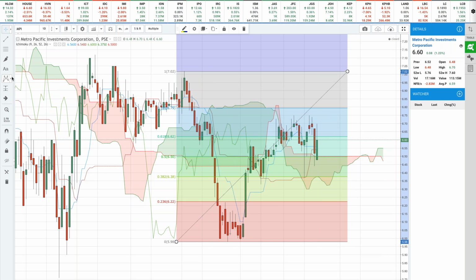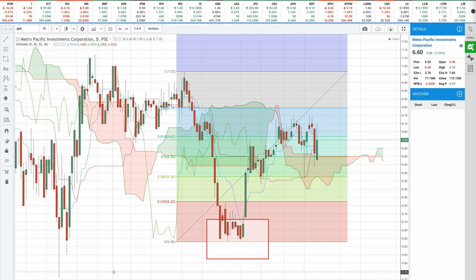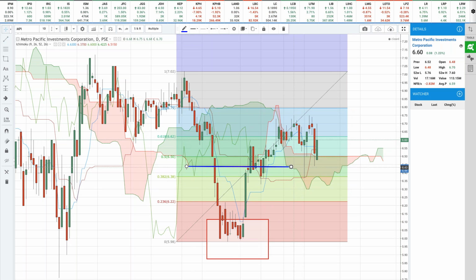So price bounced off this level, right? For example, you're one of the lucky ones who are able to buy at this level. You want to know where to sell. Where do we find strong confluences? We find resistance here of the bottom Kumo, but it didn't have any confluence with the Fibonacci. So we assume that this is a level to break, but it would not be as strong as the 650